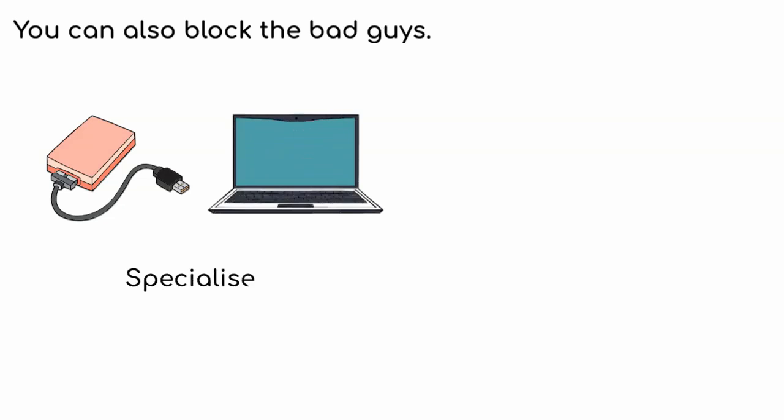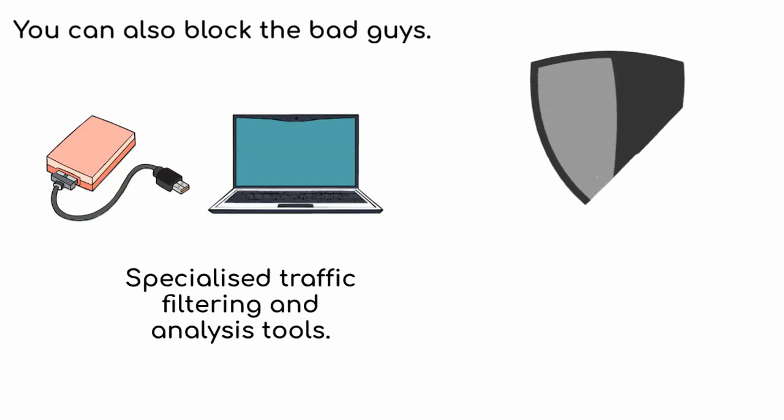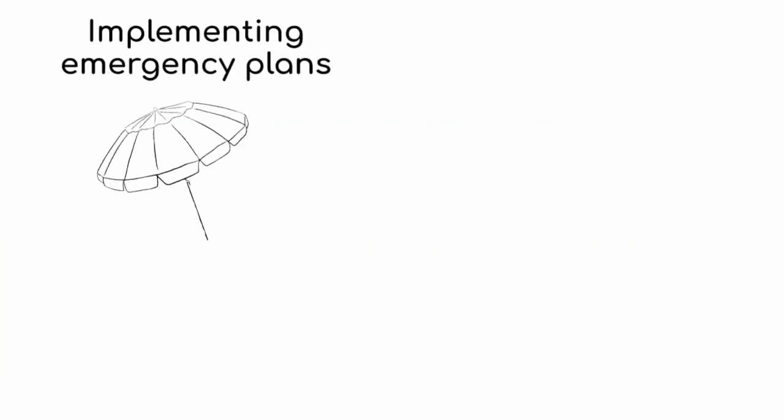These are specialized traffic filtering and analysis tools that can identify and block malicious traffic, preventing botnets from overloading the website or the online service. After that comes the role of implementing emergency plans. Just like having a plan for a rainy day at the park, there are plans for what to do if